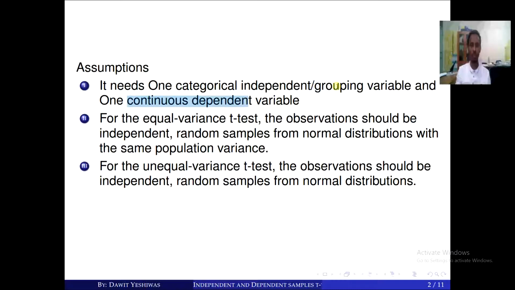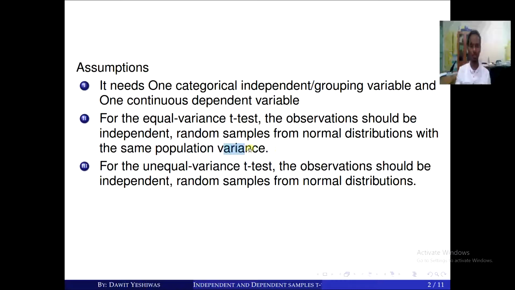So the independent variable is categorical, a grouped variable, but the dependent variable is continuous. Another one is, for the equal variance t-test, the observations should be independent and random samples from a normal distribution with the same population variance